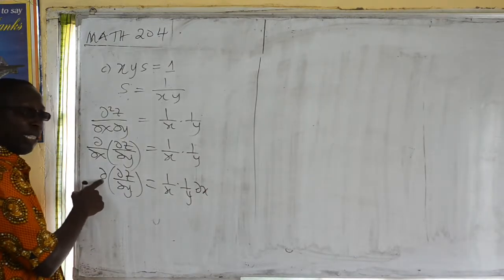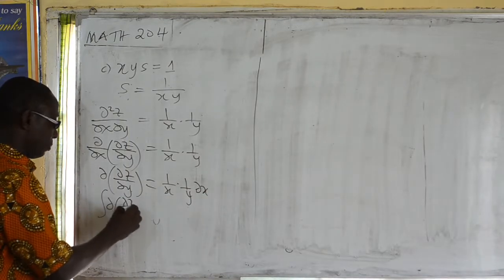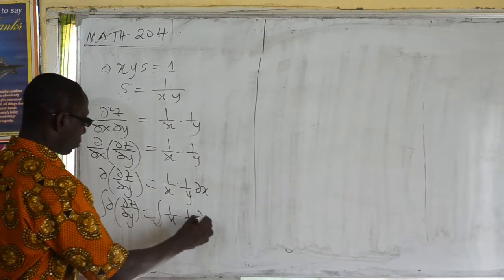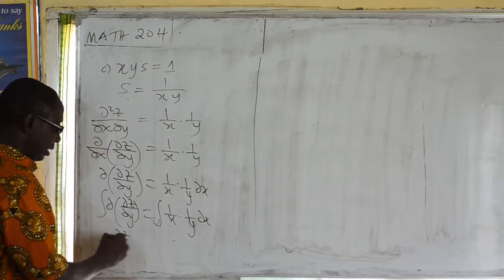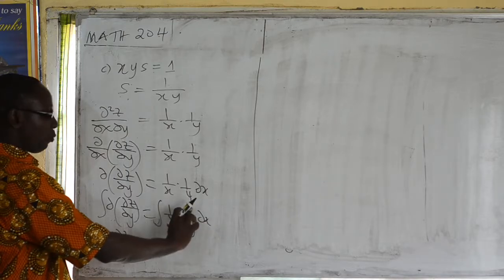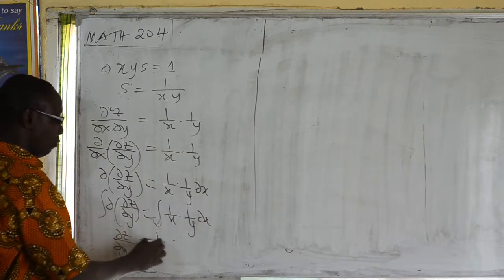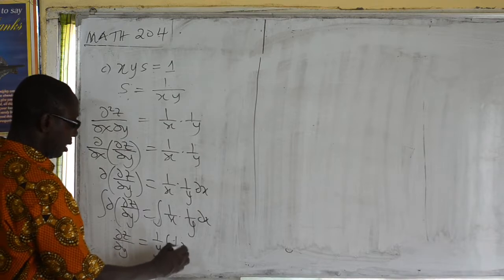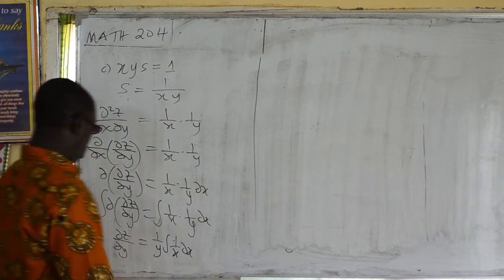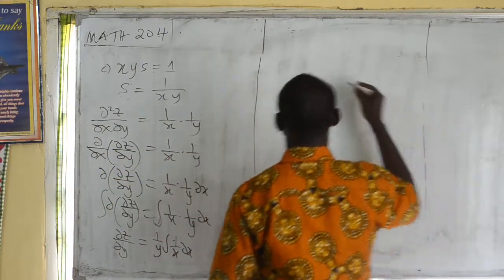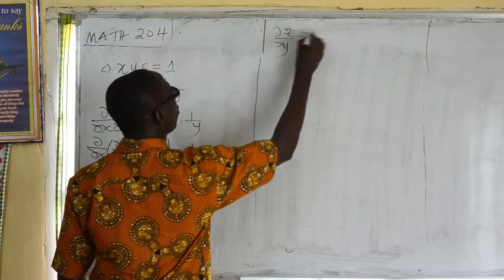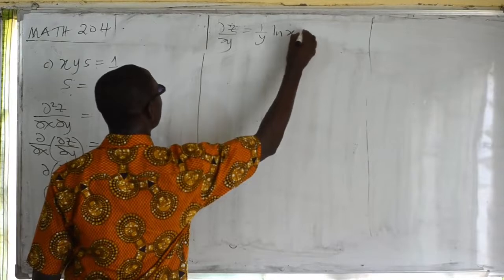Now we remove this by using integration. So I put integral here. This gives me partial z over partial y. Because it is with respect to x, this one has no x inside, so it will come back. We have 1 over y integral 1 over x dx. When we integrate 1 over x, we get ln x. So we have partial z over partial y equals 1 over y ln x plus